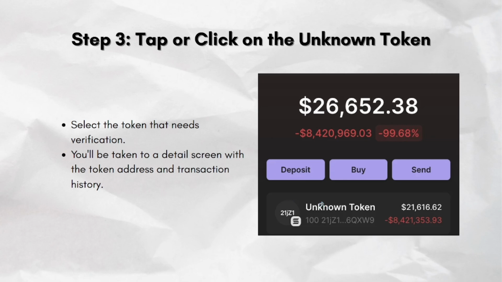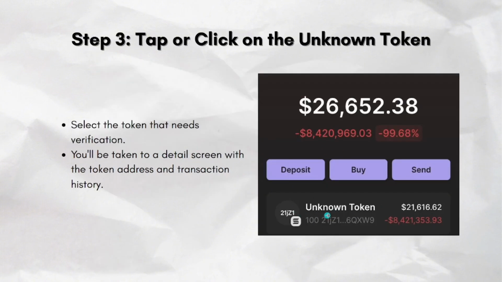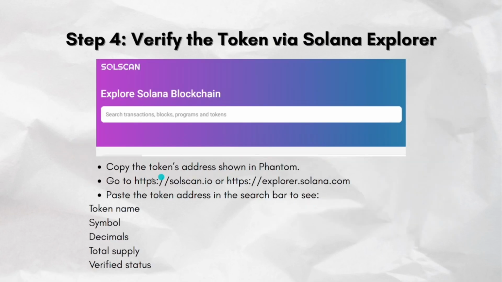And then once you tap on that, you will be taken to a detail screen with the token address and the transaction history. So you click on that one and then verify the token via Solana Explorer. So you just have to copy the token's address shown in the Phantom. So once you tap on this, you can copy the token address,